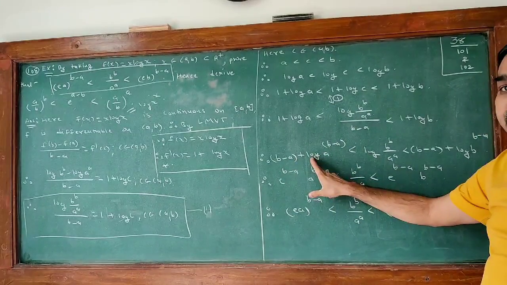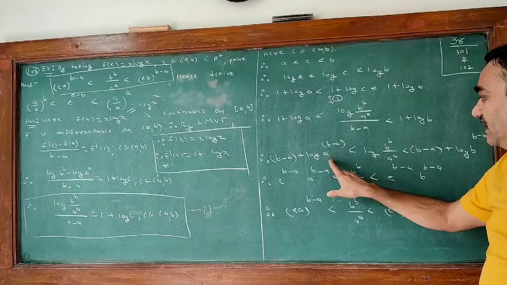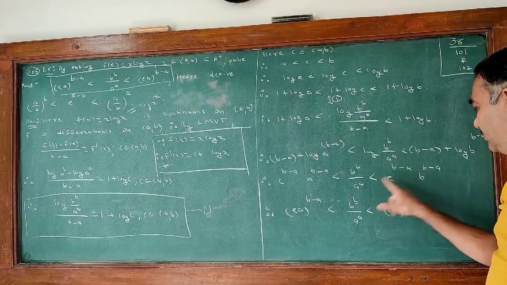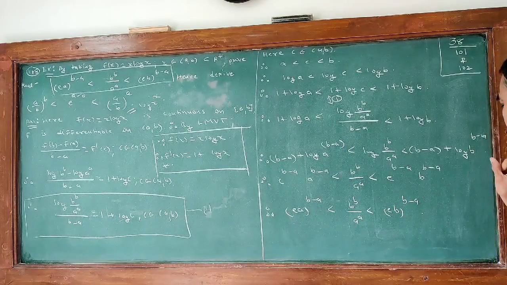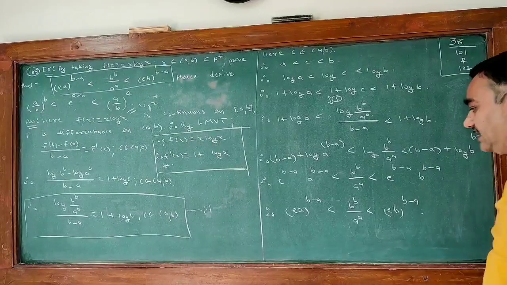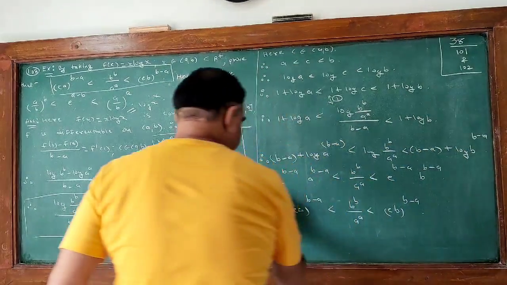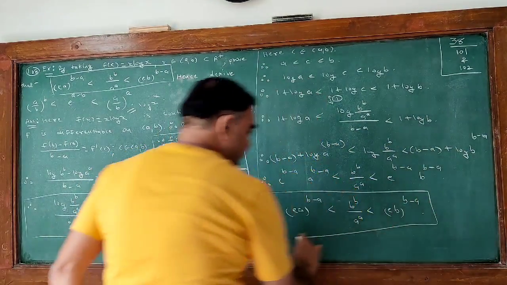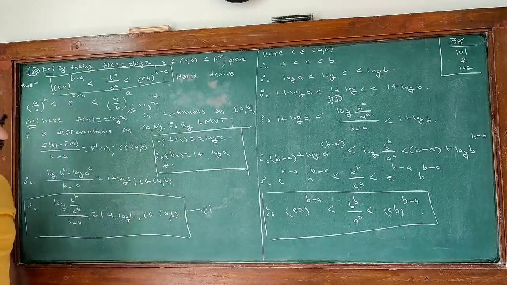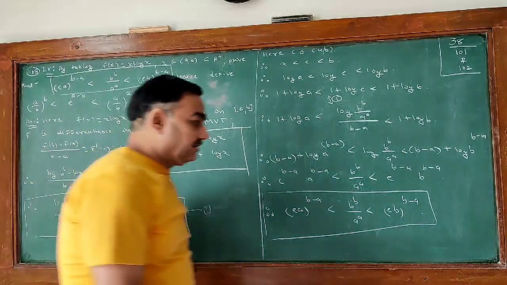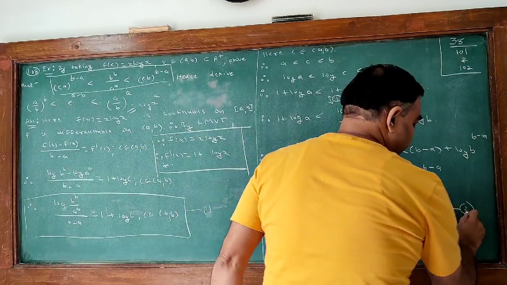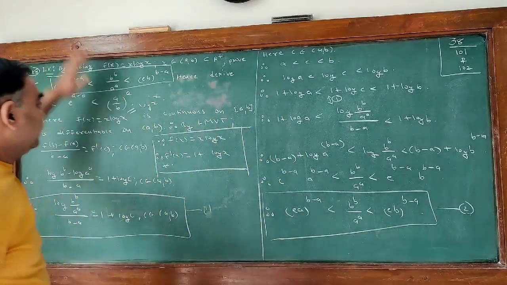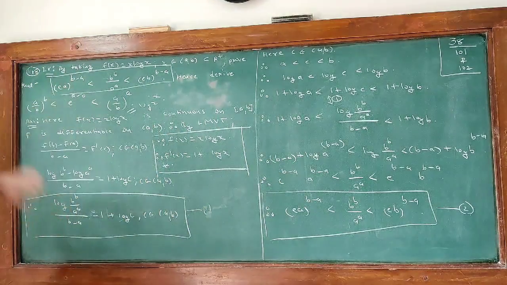A raised to b minus a, b raised to b, a raised to a, e raised to b minus a, b raised to b minus a. And so we have this answer and this is the half answer which we require. So I think it is clear to you right now. I say this is equation number 2. And after erasing all these things I am writing it here.